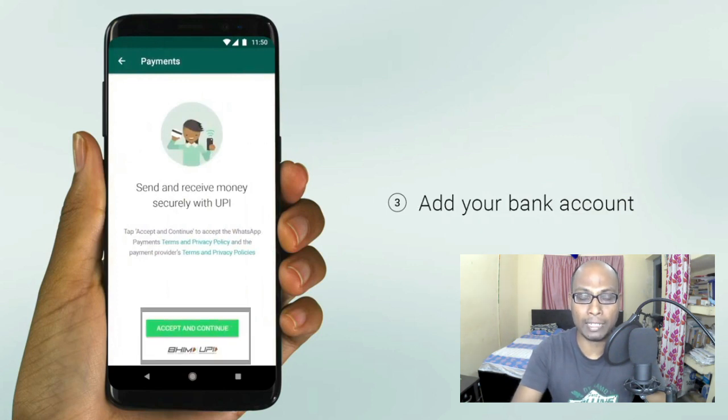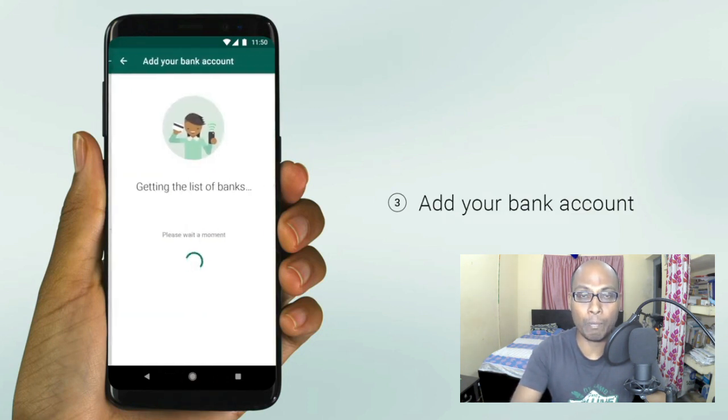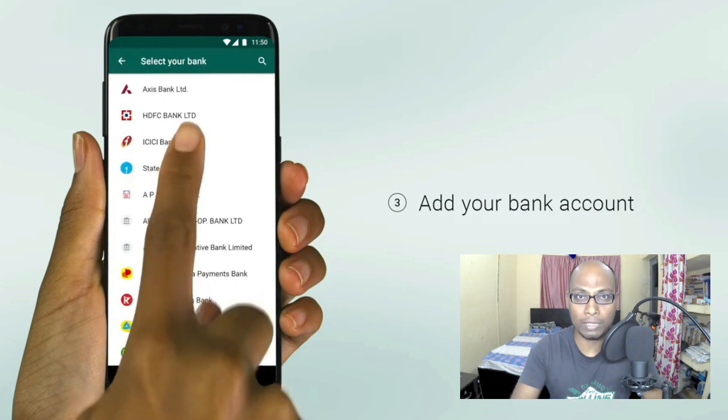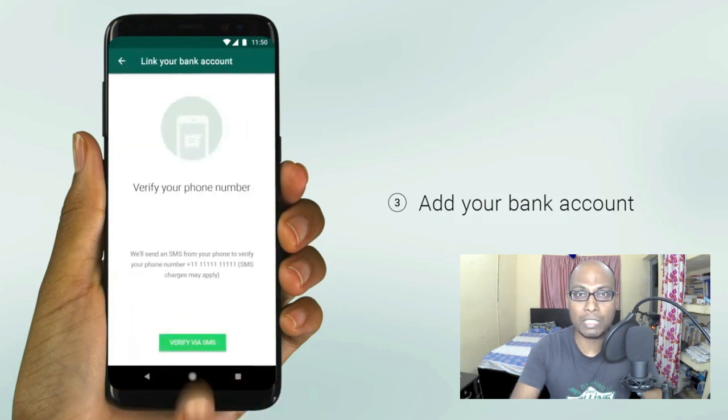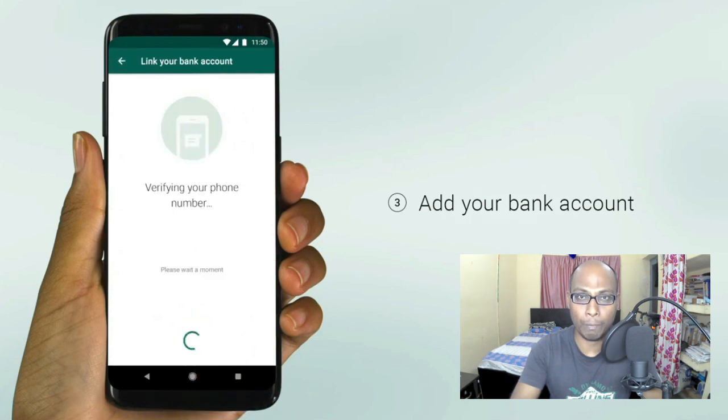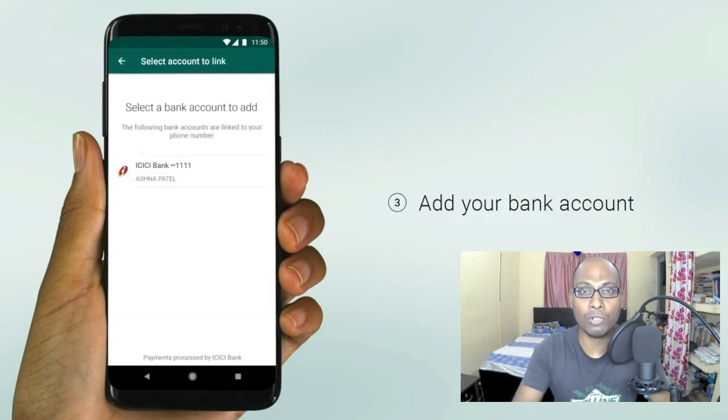WhatsApp has been connected with ICICI Bank, State Bank of India and more than 100 banks in India. So you have to register the bank account in your WhatsApp. But one thing you have to remember is that the number which is already linked with the bank account should be used by you in WhatsApp also. That means the same mobile number which you are using for the bank account and mobile phone. Then only you can link your bank account and WhatsApp account and use WhatsApp payment.